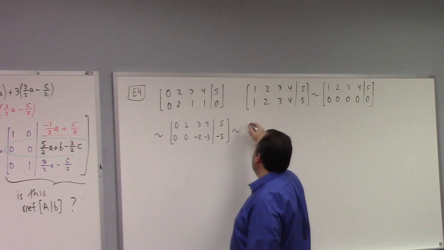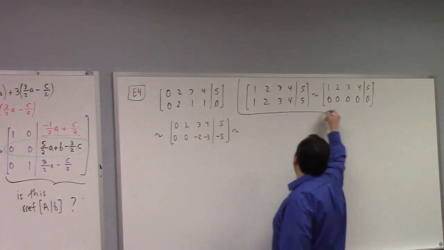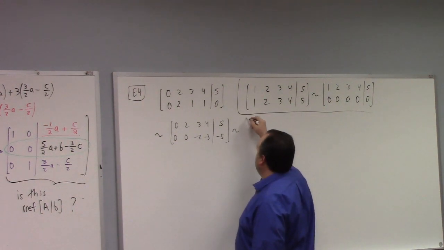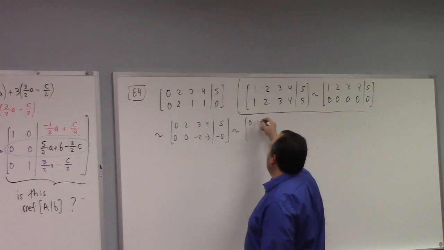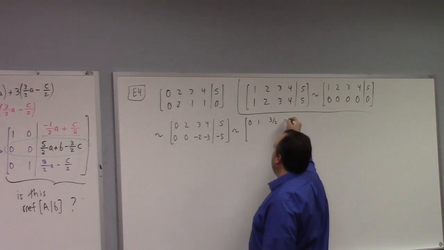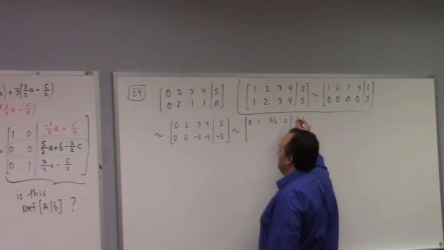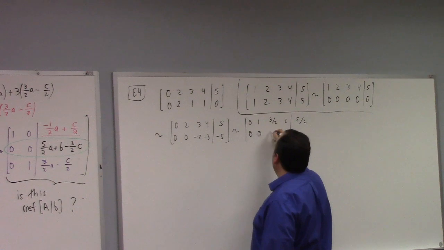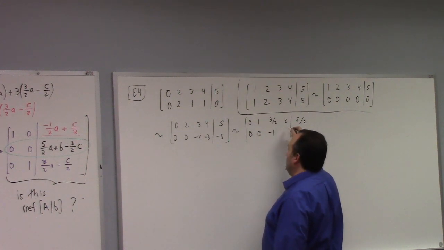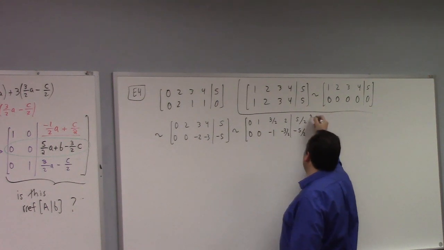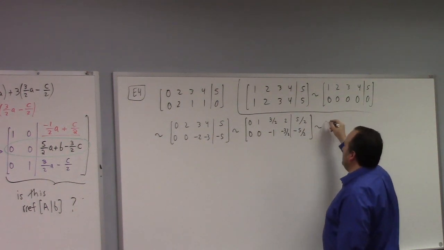And then that is row equivalent to 0, 1, 3/2, 2, 5/2, and 0, 0, minus 1, minus 3/2, minus 5/2, which is row equivalent to,